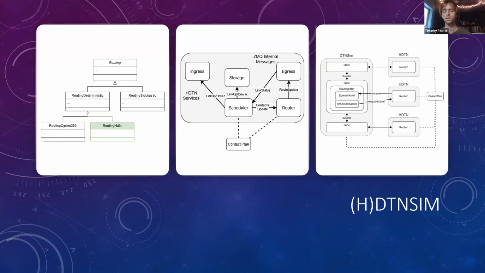The thought was, instead of implementing our own simulator from scratch, why don't we do something I'm calling, as a joke, HDTN Sim, which is really a small extension to DTN Sim. Why don't we take the modular design of DTN Sim, combine it with the message passing architecture of HDTN to create a simulator for HDTN that's accurate, maintainable, flexible, and easy to configure and run. So going into a little more detail about each of these elements,